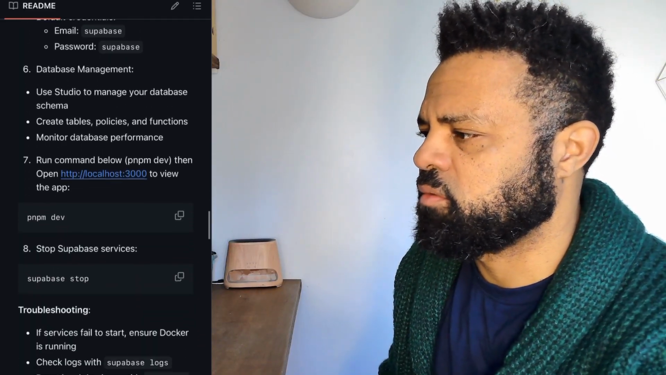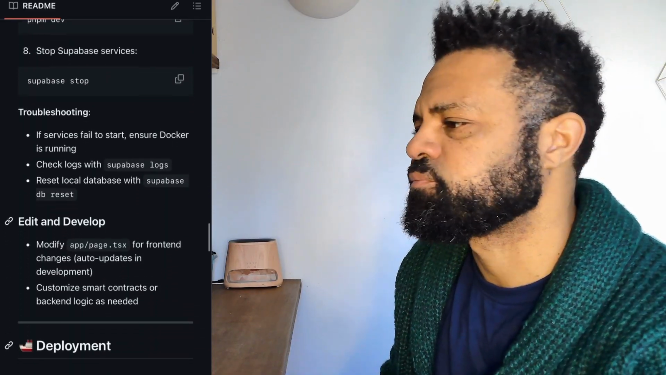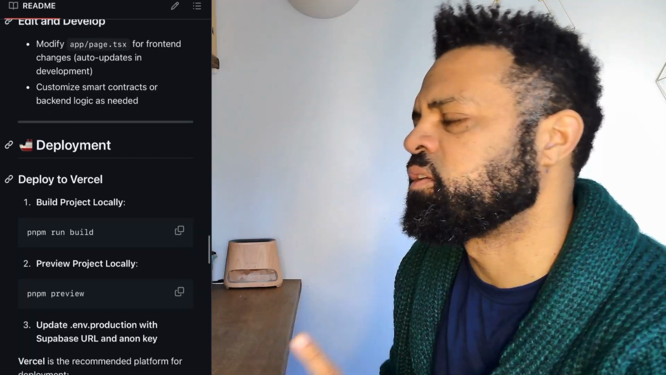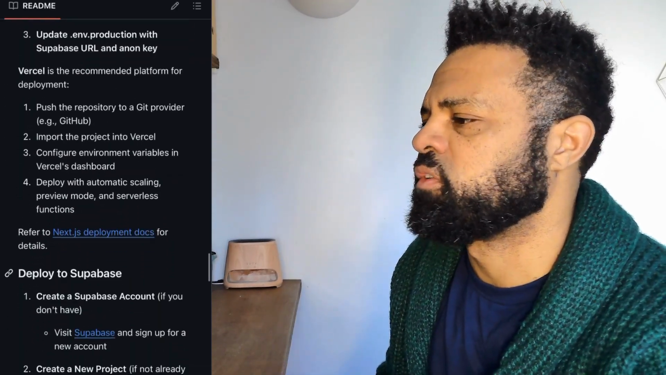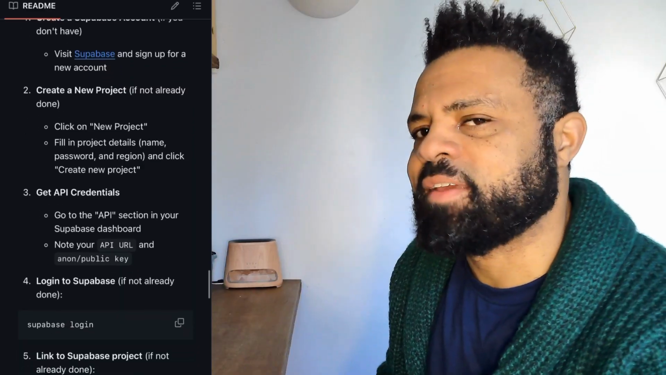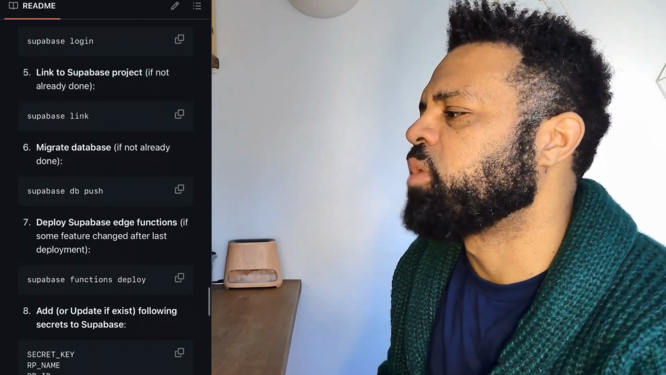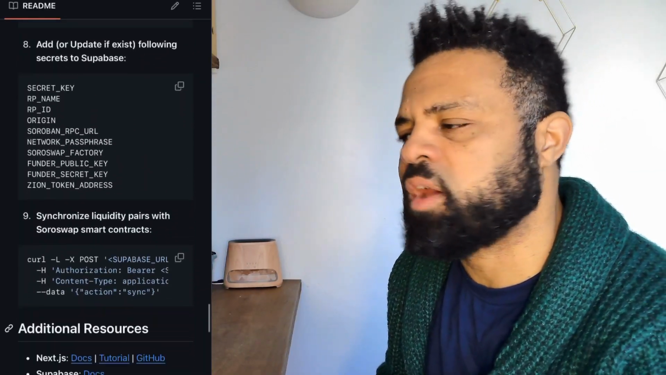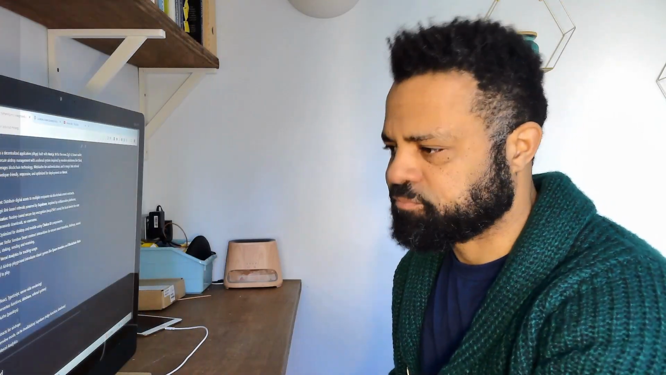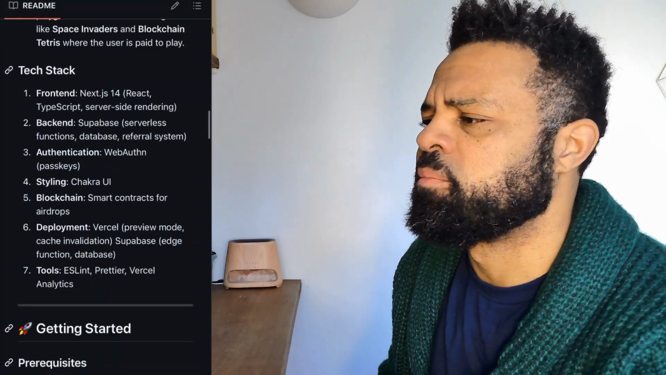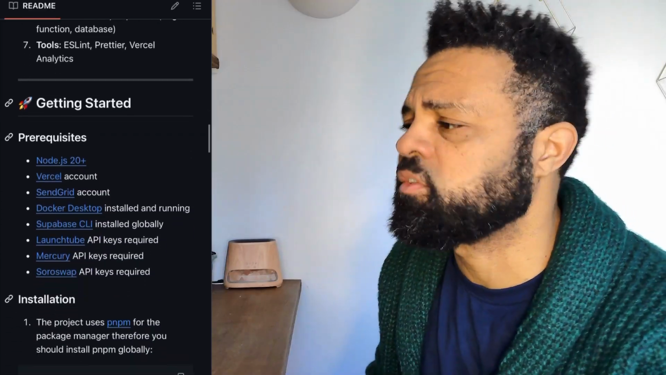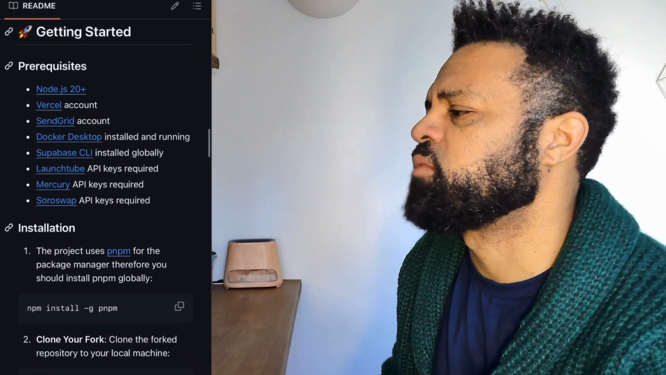Analytics are integrated with Vercel at the moment. Your analytics will be in the back end of your referral system. We've got classic games, 2 at the moment, another 2 coming. We've got 2 airdrops with different themes. The tech stack: front end, Next.js 14; back end, Supabase, serverless functions, database, referral system,